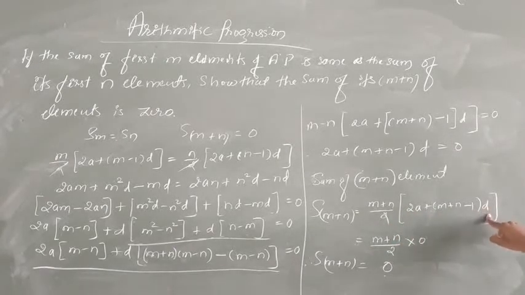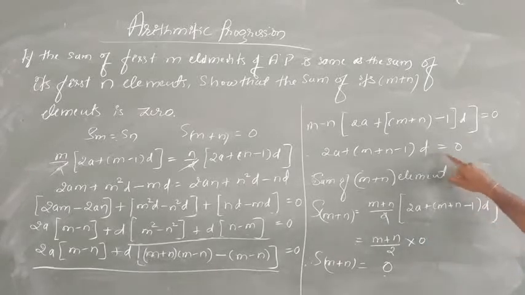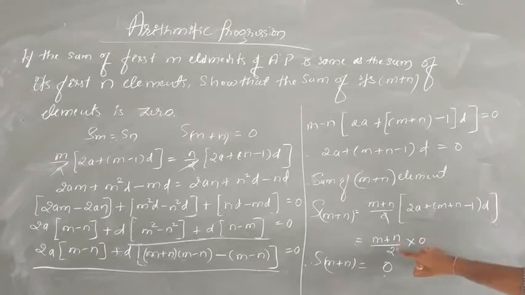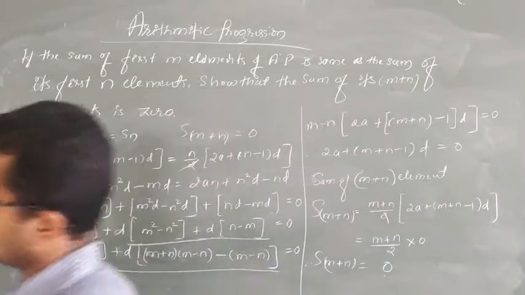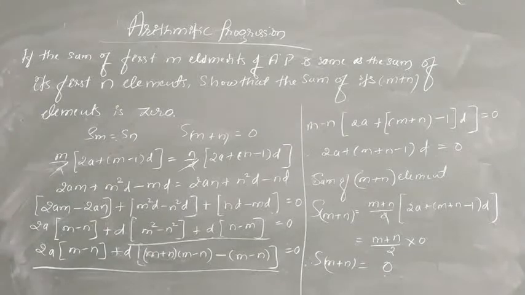So now we already know the value of 2a plus m plus n minus 1 into d is what? 0. So it is 0. The m plus n divided by 2 into 0 is again 0. We have shown it. So the examples are very simple here. Okay. So the next example in the AP is having,